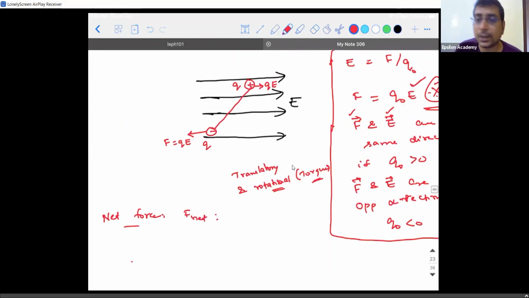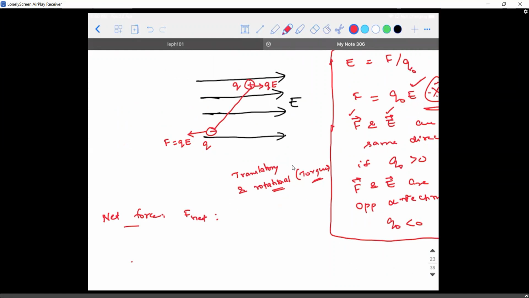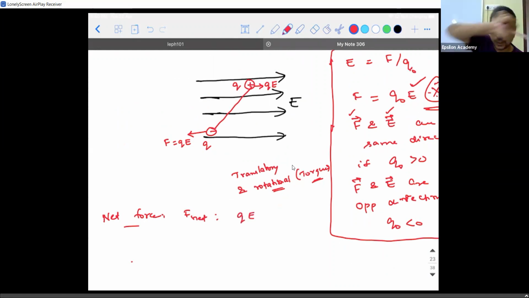What is the net force acting on the system? It is 0, right, sir? 0, because QE is acting to the right-hand side, or else I'll write it like this: QE i cap plus QE of minus i cap. The minus i cap and i cap are only for your understanding; don't write them in the exam. So can I write it like this: QE vector plus minus QE vector. So net force is going to be 0.